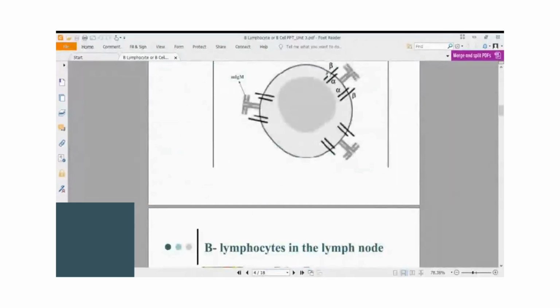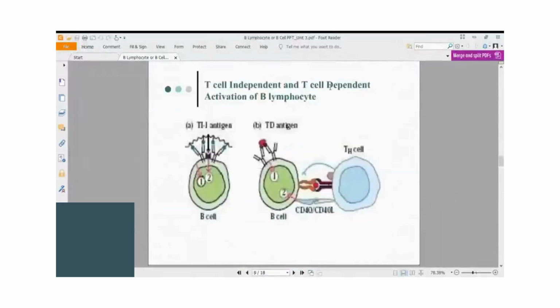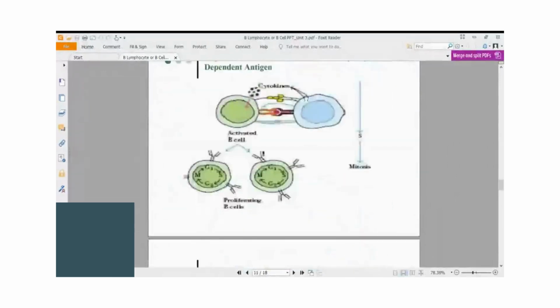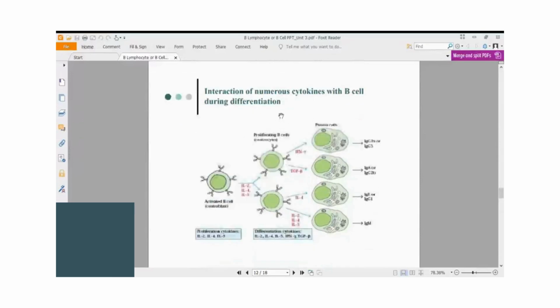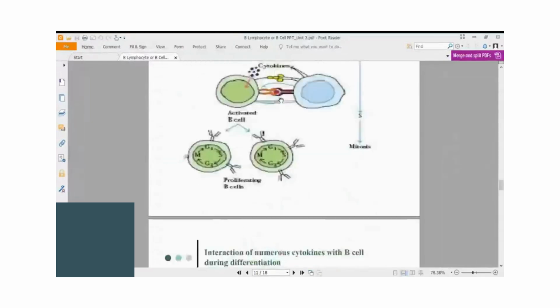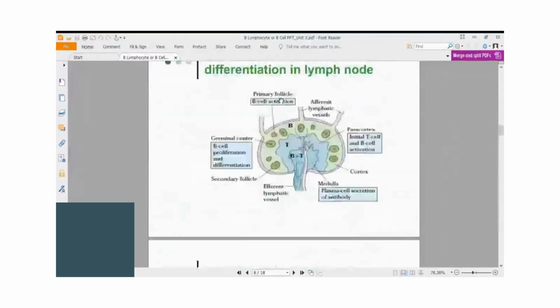Ig alpha, Ig beta receptor. These two receptors are also shed off. mIgM receptor is also shed off and mIgD receptor is shed off. And after shedding those receptors, the cell has to undergo transformation and become an antibody producing cell. That process is called B cell differentiation. And where does this process occur? It occurs in the medulla region of the lymph node, this region of the lymph node, where the antibody